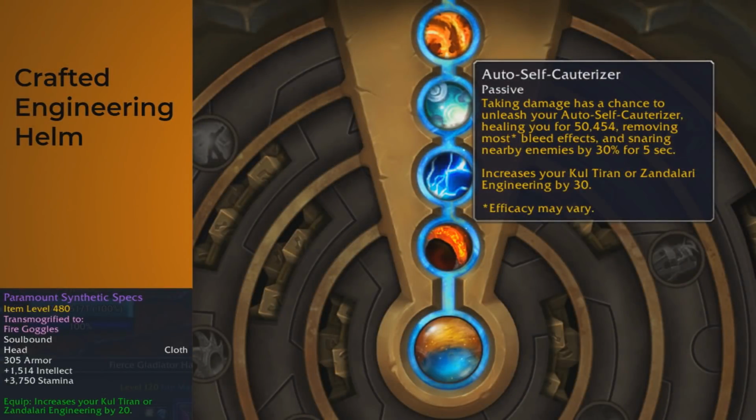And then lastly, one thing before we finish off is the Crafted Engineering Helm. This thing is actually really good because of the auto self cauterizer. So this has a chance to remove a random bleed effect. So this is really good against assassination rogues. You can use this instead of your regular Azurite helm when fighting Asso rogues or feral druids or even